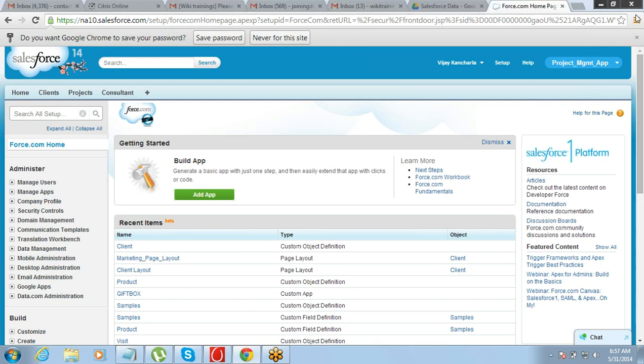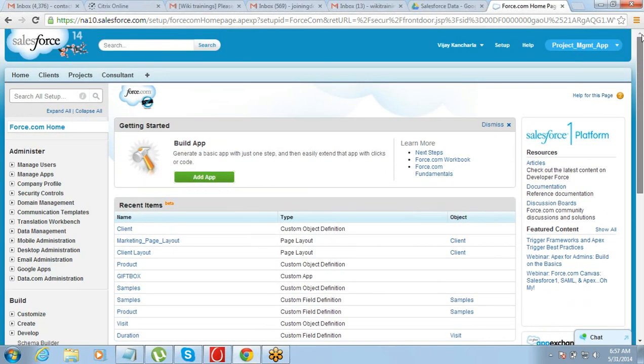All right. So as I said, we'll start with the formula thing. So formula is basically a field. Okay.